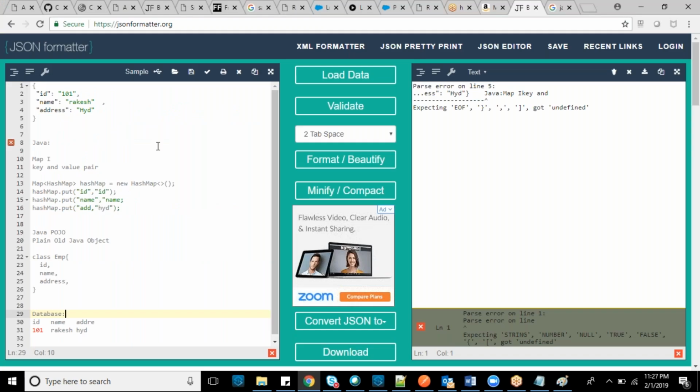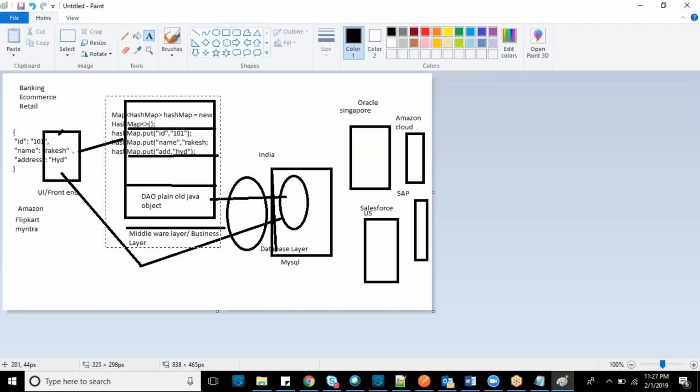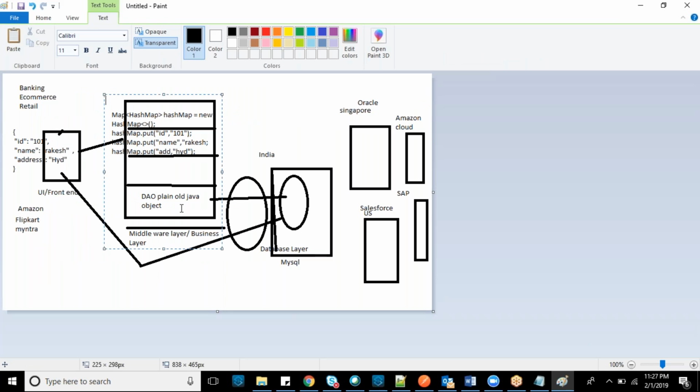But you will have a lot of objects coming, and you want to perform some operations on them and hit different types of databases, not only a single database. I would like to feed the ID into the database layer, the name into Oracle, and the address into Amazon Cloud.